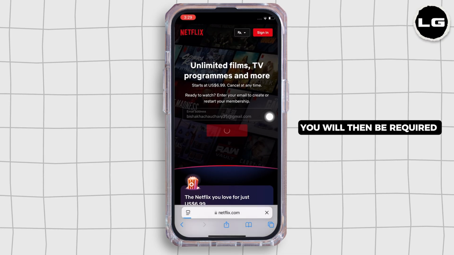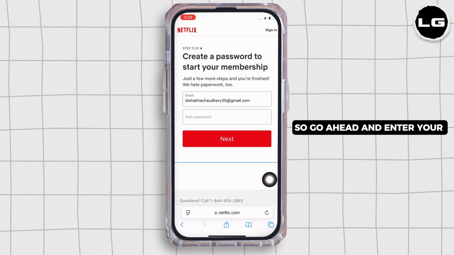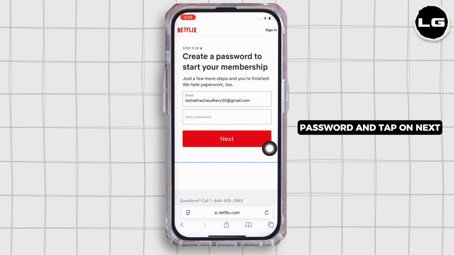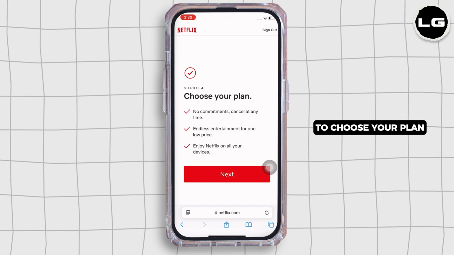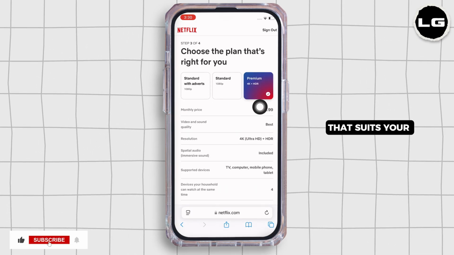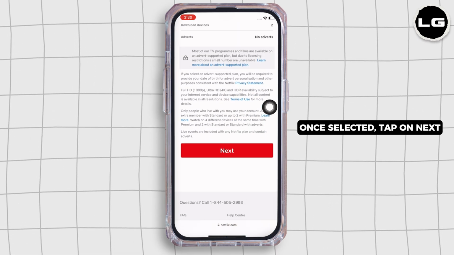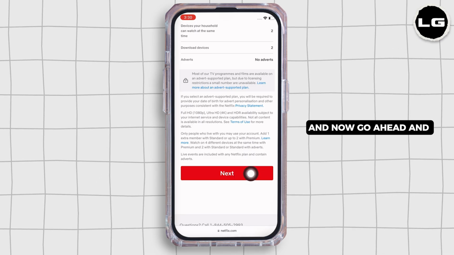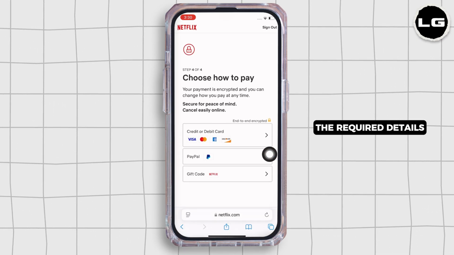You will then be required to enter your password, so go ahead and enter your password and tap on Next. You will then be prompted to choose your plan. So tap on Next and further choose a plan that suits your preference the best. Once selected, tap on Next and now go ahead and select your payment method and further fill in the required